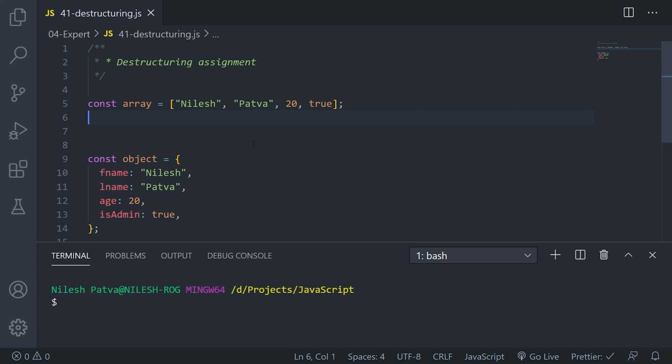Today we will be learning about destructuring assignment. So basically it is used for arrays and objects. You actually do the destructuring and then assign it to a local variable. So that is how the destructuring assignment we can do. We will see how we can do it in arrays and objects, but I will give you some background here.